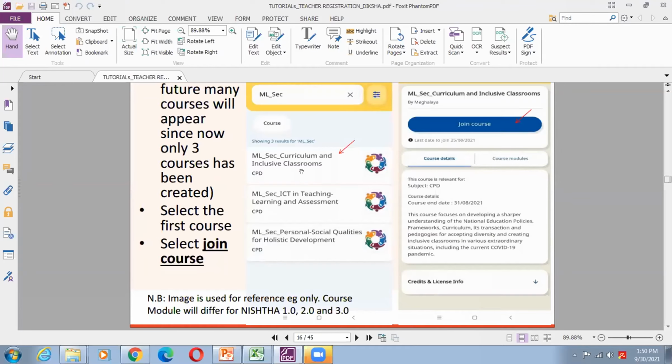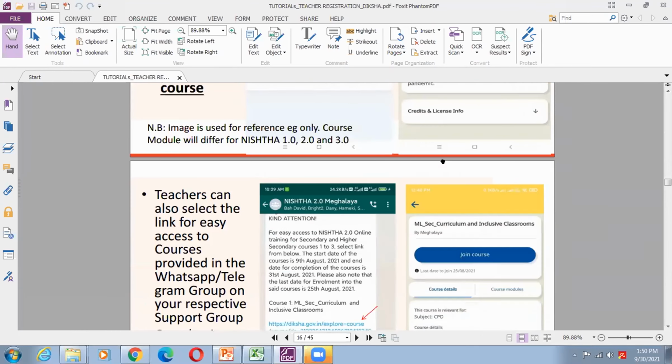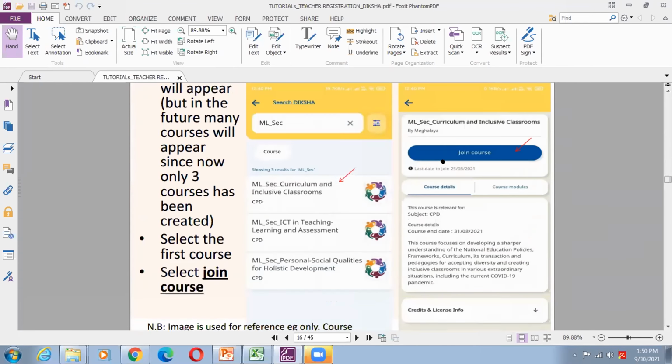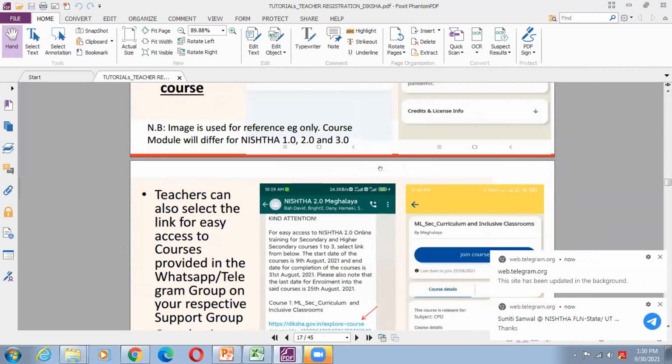We will have two courses. Here I will display two courses once we type here ML_FLN. Once you type that, we have to click join course. Then we have to select join course from our mobile. So this is one way to join the course, or the other way